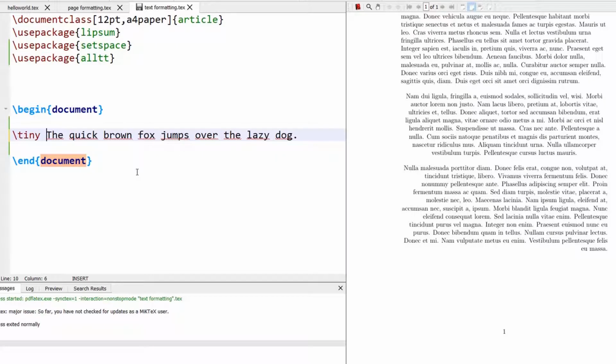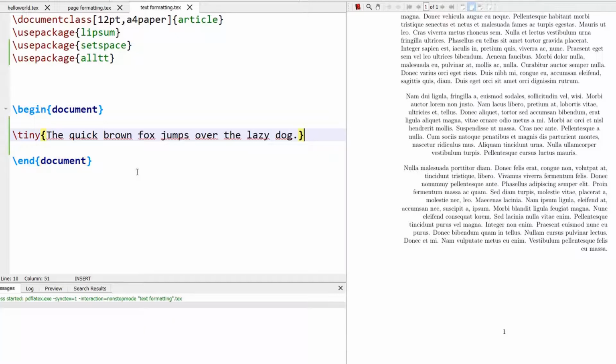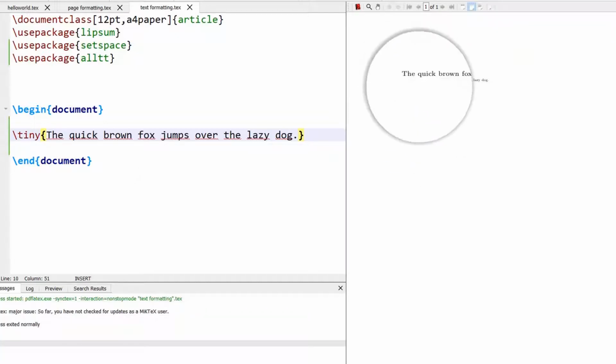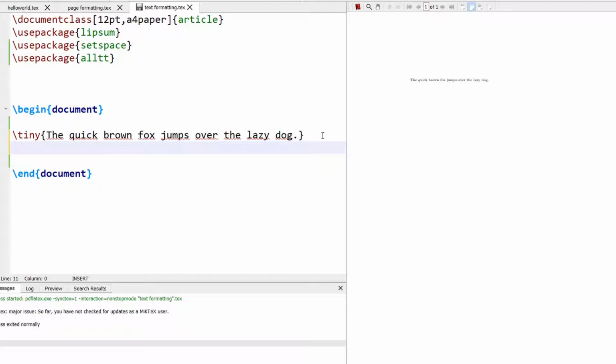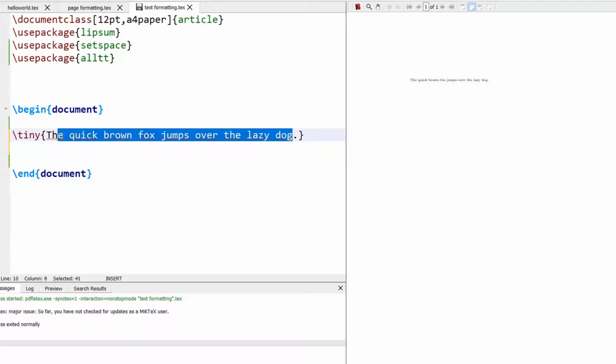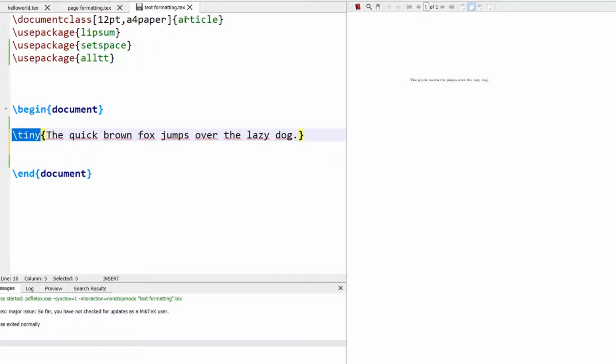If I use tiny and mention the text, let us see what happens when I build this. You can notice the font is displayed with a tiny or a small font. In LaTeX, we usually do not refer to the font with the font numbers as we do in MS Word, because the font size is relative to the document class that you are using. So depending on the document class and the paper size that you have chosen, the font size is going to be interpreted differently based on the command. Hence, in LaTeX, the font size becomes relative.